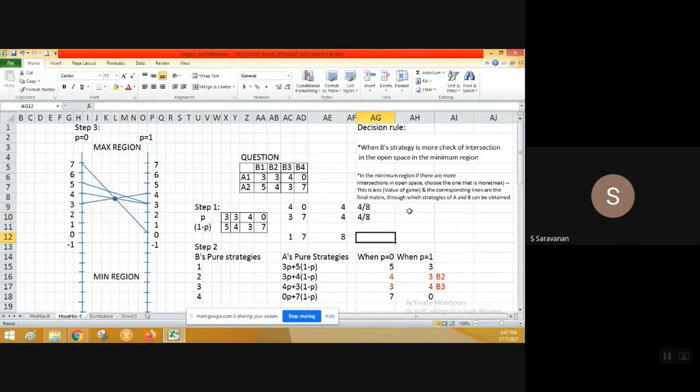So what will be the answer here? 4 into 4 divided by 8, that is 16 by 8, which is going to be 2. Then it is going to be 3 into 4 divided by 8, which is 1.5. Am I getting the answer? 2 plus 1.5 is 3.5. Irrespective of what you chose, the answer here is going to be 3.5.